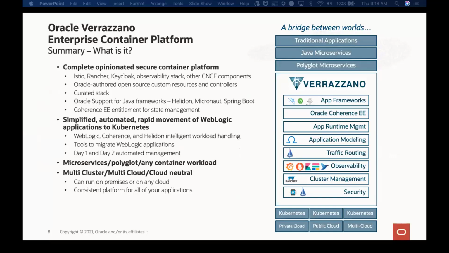We are adding to that several of our own open source custom resources and controllers. And we are building out of that a curated platform, integrated with each other. With a commercial edition, we provide support for Java frameworks like Helidon, Micronaut, and Spring Boot. And with the commercial edition we also provide a data state management platform with Coherence